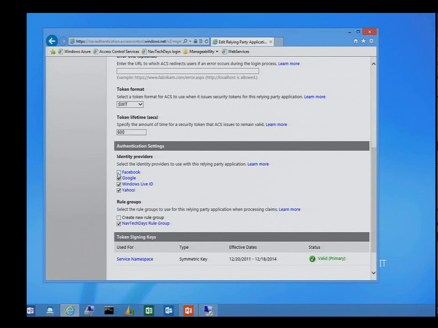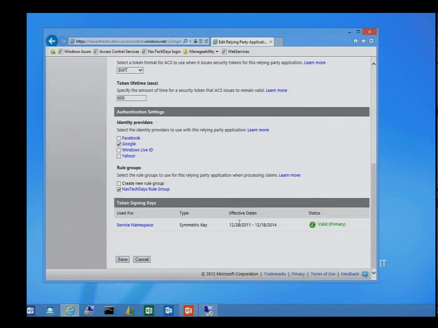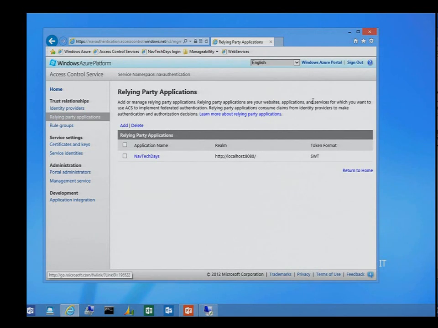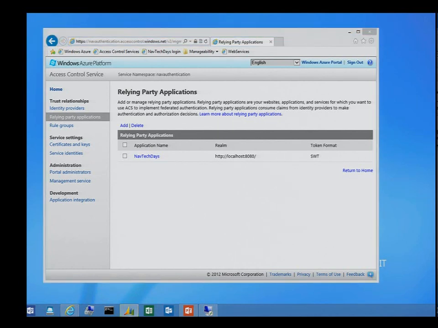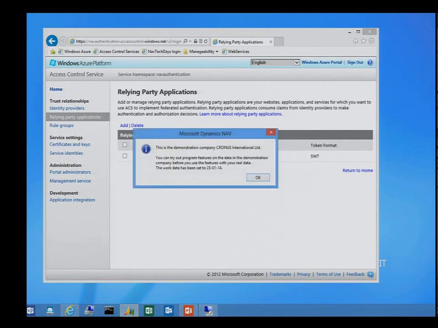But if I deselect everything except the Google I have now and press save, then you will be able to see a little difference when I'm logging in. So right now I'll start the client again. You can see it's logging in, but whoopsie, it disappeared again and I'm logged in.